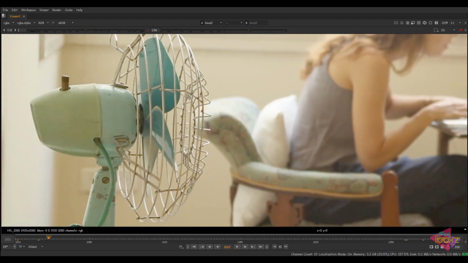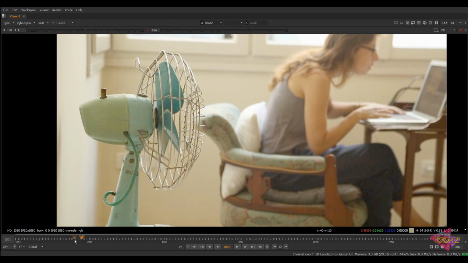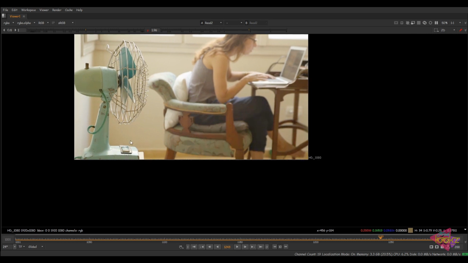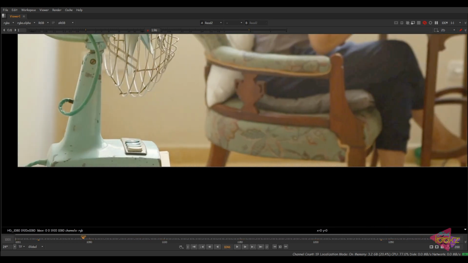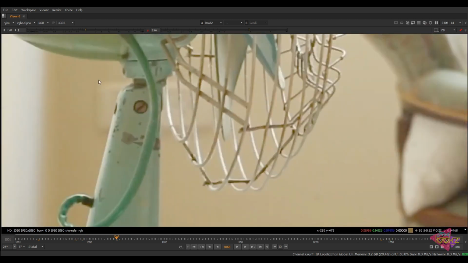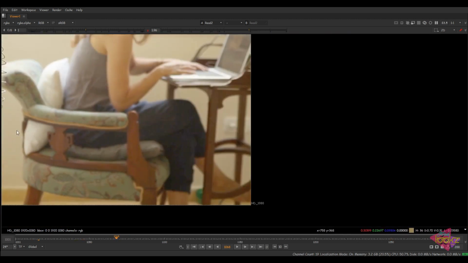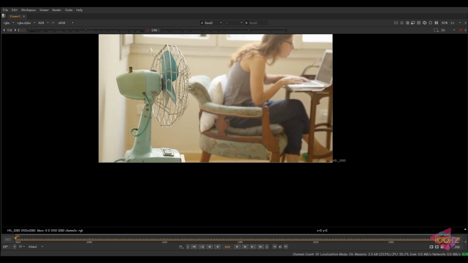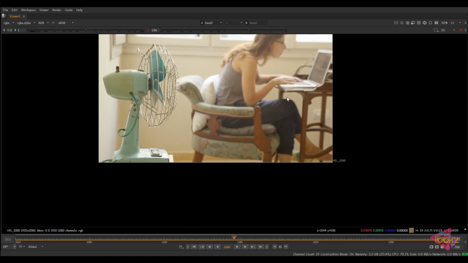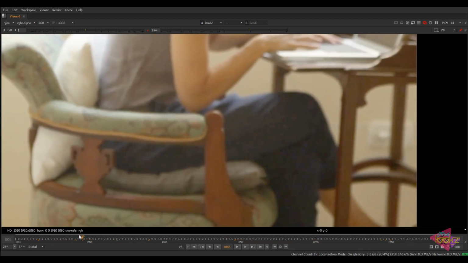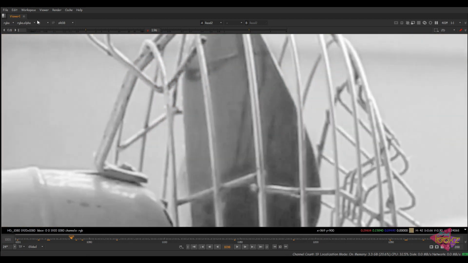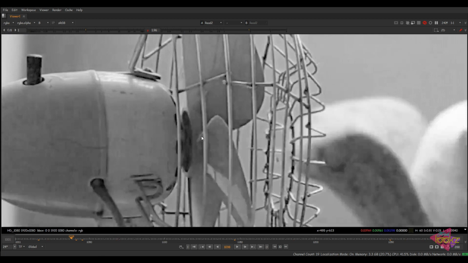Also we have to recreate this BG wall to remove this entire fan. Yeah, we need to create a clean plate entirely for the wall. We have to recreate this switchboard also. We have a reference here, so we can make use of that, or you can recreate it too, because we are not going to see the entire switch in the plate. We can also notice there is grain in the input. Just go into the channels, red or mostly blue, and we can see the grain a lot. So yeah, you can see the grain over here.